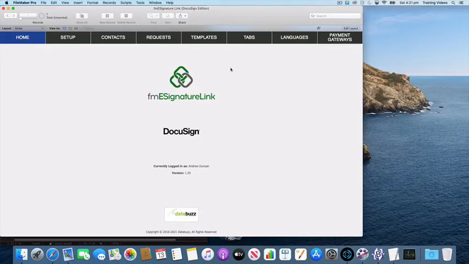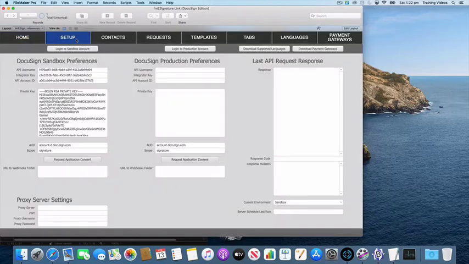In this video, we're going to cover sending requests via DocuSign, which include a request for payment as well. To set this up, first you need to go into your DocuSign account and set up one or more payment gateways. These can be payment gateways such as Stripe, AuthorizeNet, or Braintree. And once you've created at least one of those in your DocuSign account, you'll need to come into the fmESignature link file,